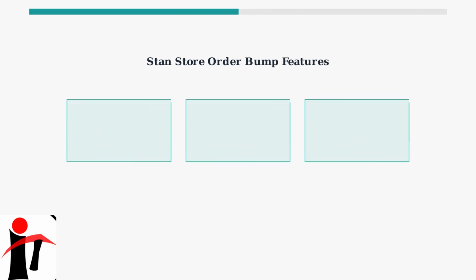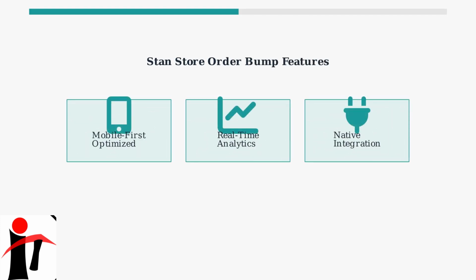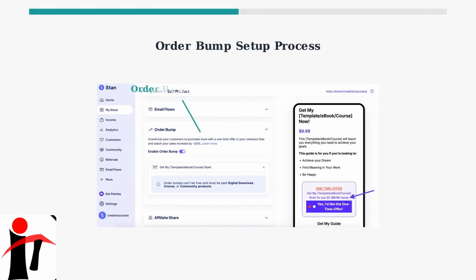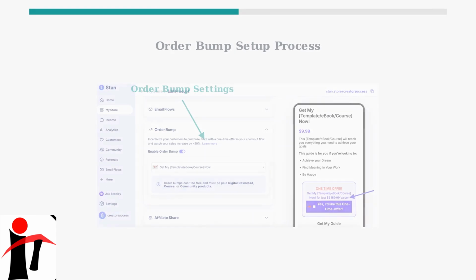StanStore offers native order bump integration with three key advantages: mobile-first optimization, real-time analytics, and seamless setup without third-party plugins. Setting up an order bump in StanStore involves three key steps: selecting the right product, configuring the settings, and optimizing